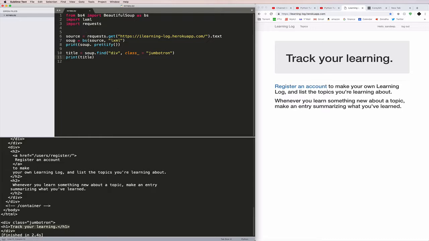Now I haven't removed my print soup here because I want to get a couple more data points. I want to get this as well, the next level of data which is available here. So what I will do here is say summary, and in the summary I would say give me soup.find, and within the soup.find again I'm going to use the div, and I'm going to use